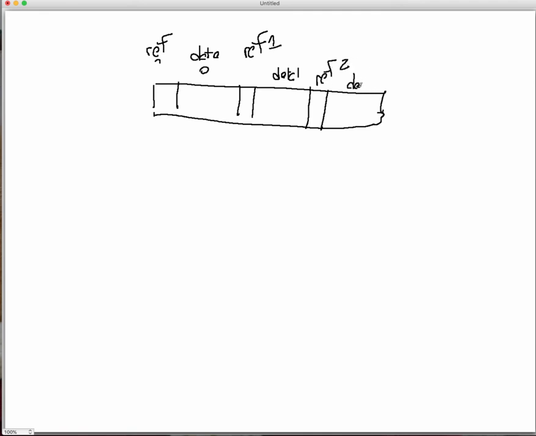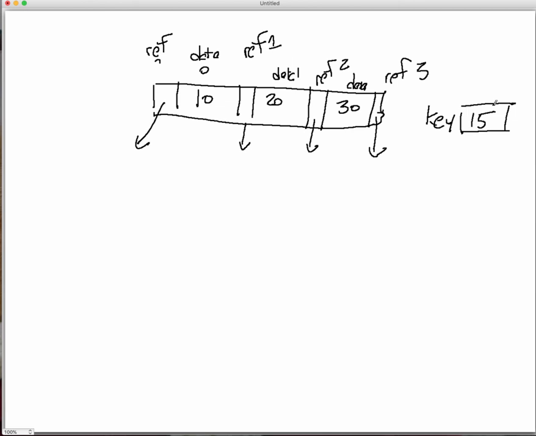Here is data 2. And here's reference 3. And we can imagine that this points somewhere, this points somewhere, this points somewhere, this points somewhere. Maybe this has the number 10 in it, 20, 30, and I've got some value over here, key,